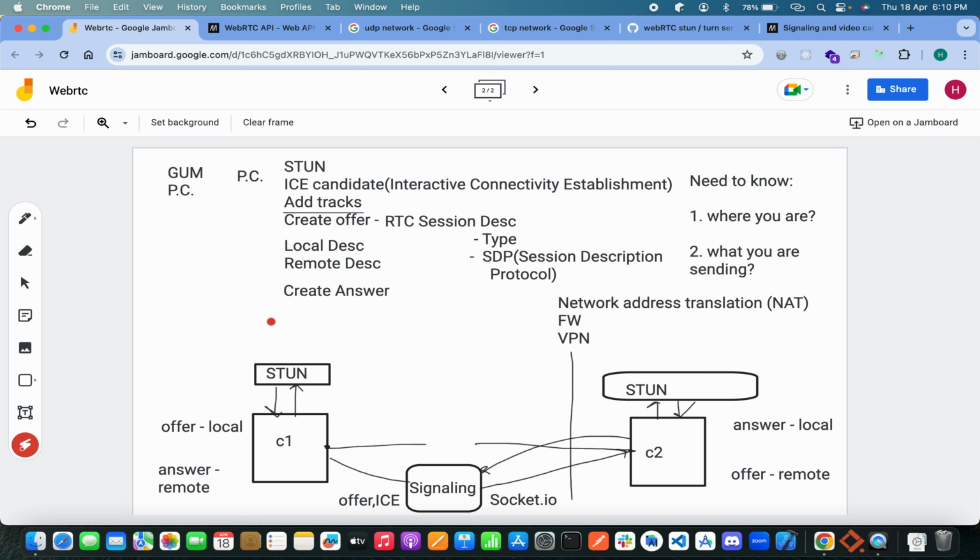Now what is an answer? An answer is the same RTC session description with these properties. So type should now be answer. SDP is the detail of the tracks of their local C2, like which type of data C2 is sending, so that C1 is aware that C2 will send this type of data, and C2 is also aware I will get this type of data from C1. So C2 gets the ICE candidate from the STUN server, adds their local track, creates the answer